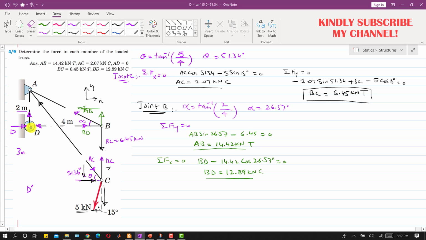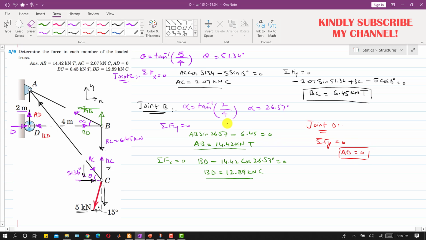So now if we apply the summation of forces to this joint D, let's say if we apply the summation of forces along y equals to 0, right? So now at this joint D we have only this AD force, right, acting in the y direction, right? This is the D force and this is the D reaction force. So there is only AD force which is acting in the y direction, so this means that AD force is equal to 0, right?